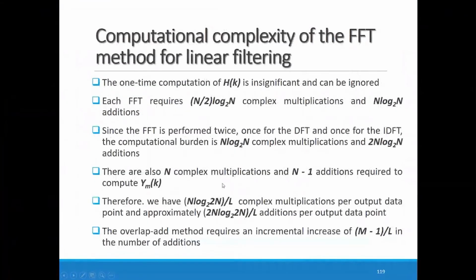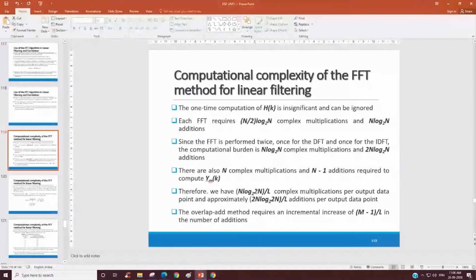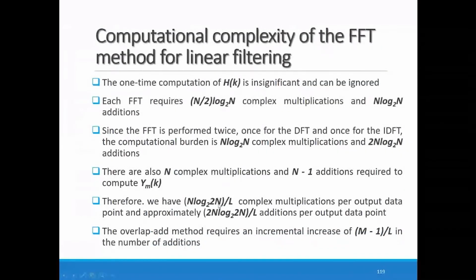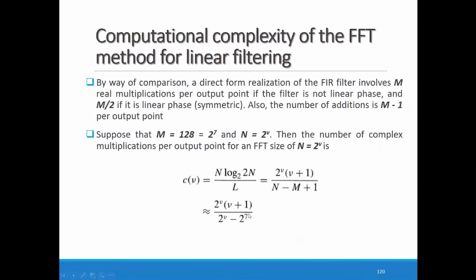Okay, so the correction I mentioned is not a typo error, because we are talking about the complex terms. In complex terms, when we do the calculation directly, n multiplications are required, but when we talk about complex terms, that term becomes twice n. I think this is included in this book, which is why twice n is mentioned. So no need to correct it; whatever I mentioned in the slide is true: n log 2 twice n divided by n, and here n twice n log 2 twice n. The same holds for the complex multiplication: CV is equal to n into log 2 twice n divided by the number of stages, that is L.